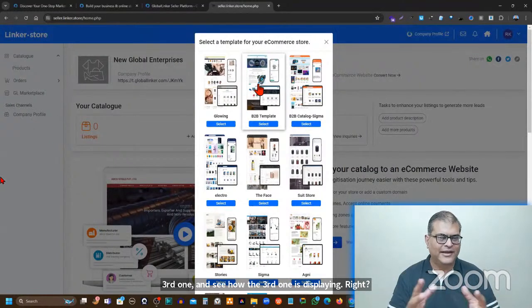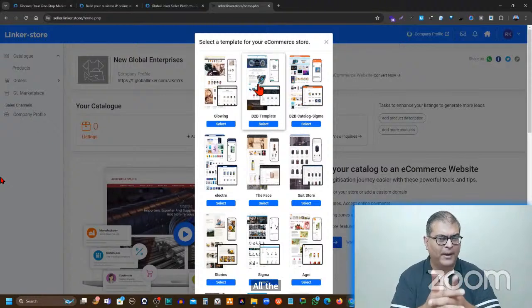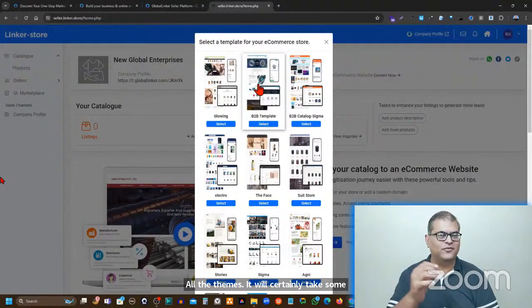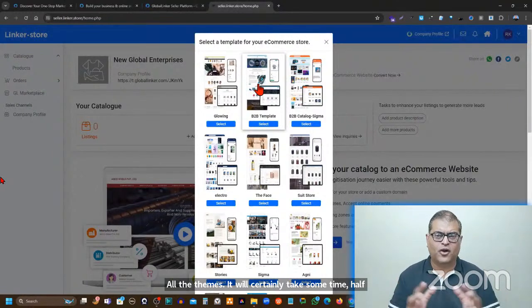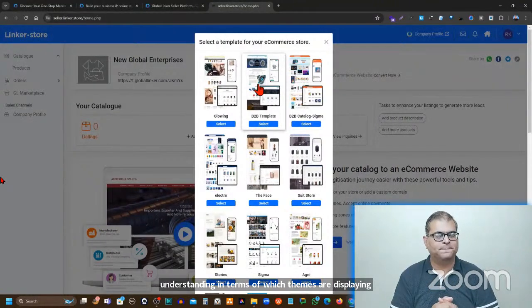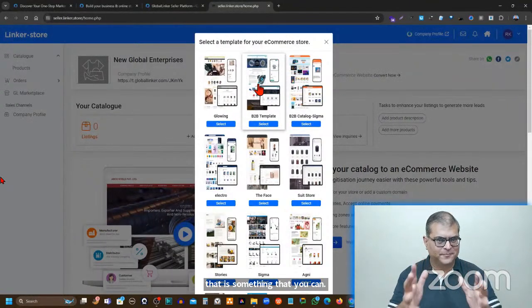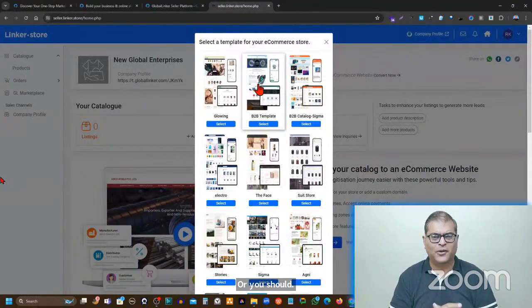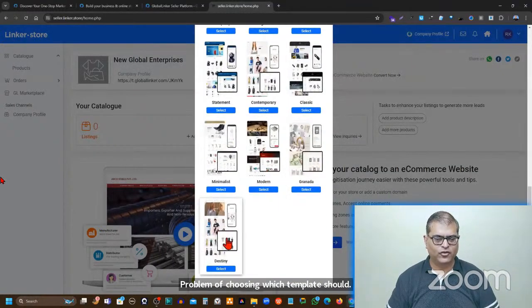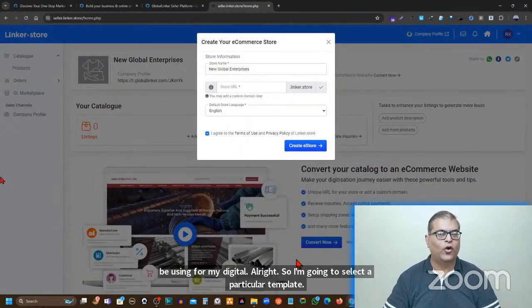So you have to go through all the themes. It will certainly take some time, half an hour, 45 minutes, but that will give you an absolute understanding of which themes are displaying your products in the most beautiful manner. So that is something that you should use in case you also have this problem of choosing which template to use for your digital catalog. All right, so I'm going to select a particular template and we will move on to the third and